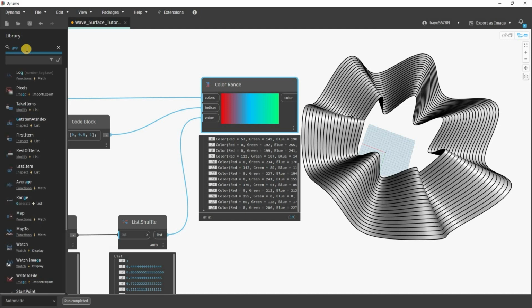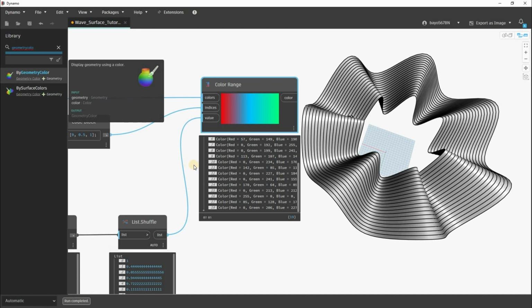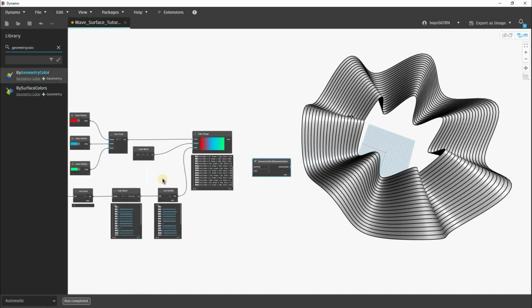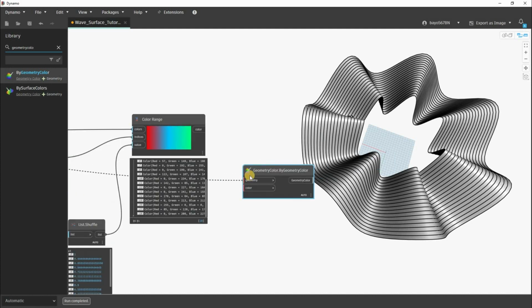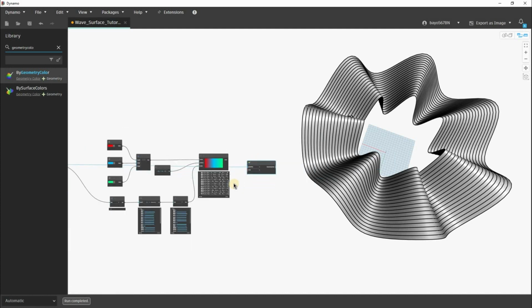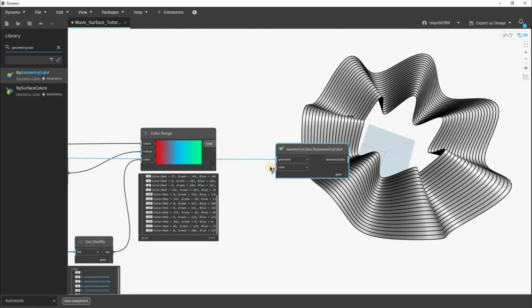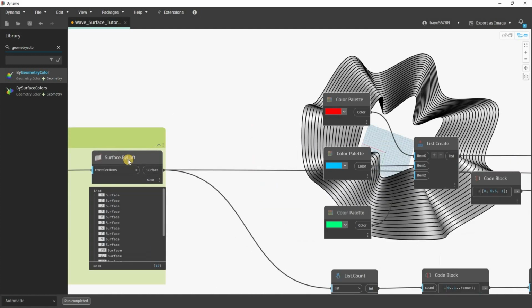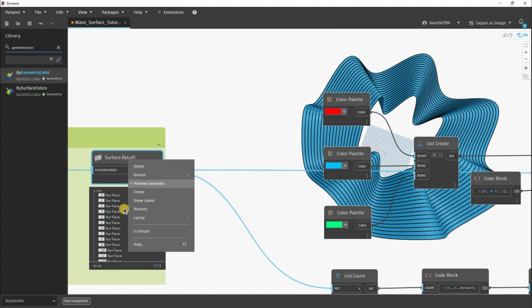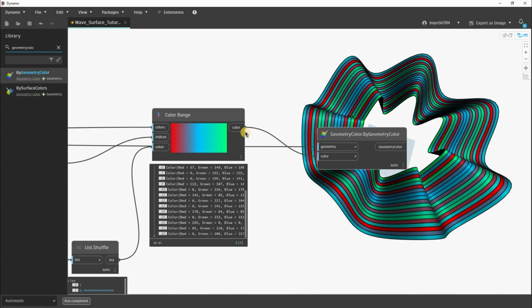geometry color. Okay, the geometry we're trying to color is what? The surfaces. So I'm just going to plug that in over here, and the colors are these colors over here. But to see the colors, we actually need to hide the initial surfaces, and then now we have our colors,